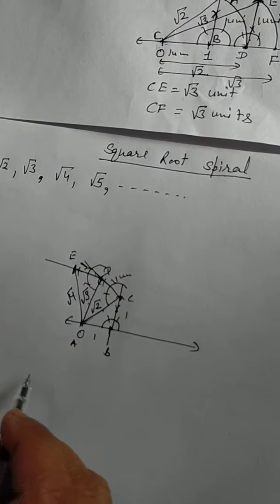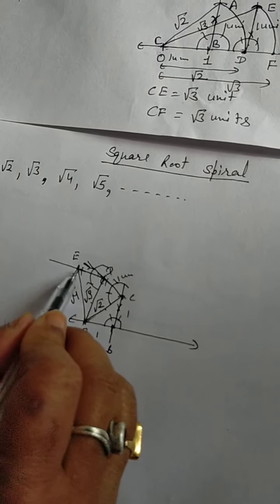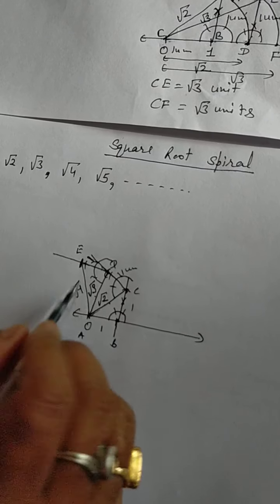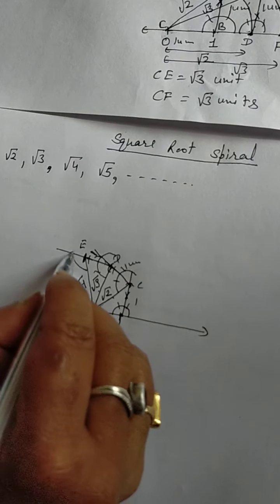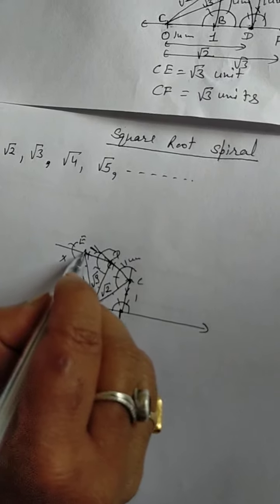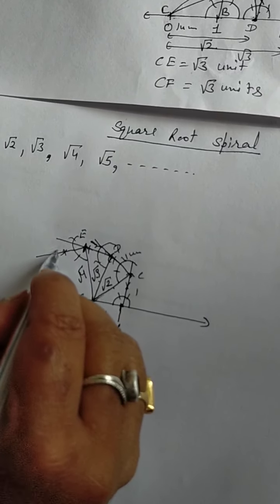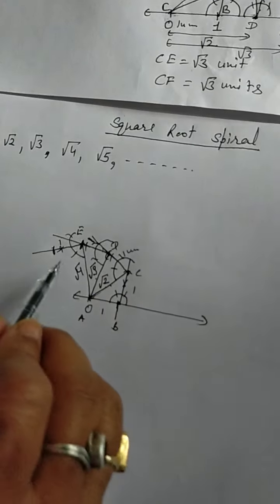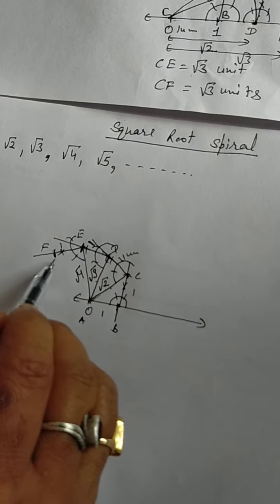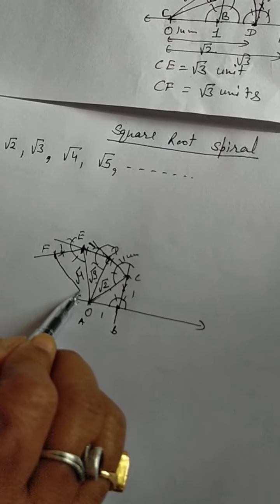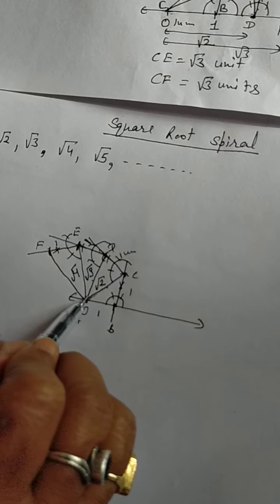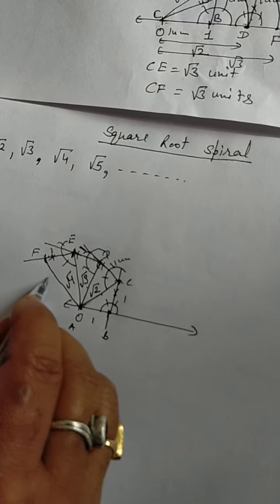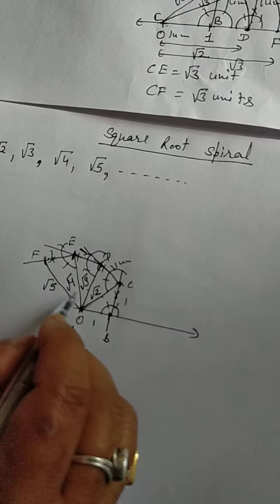Then we will continue again, taking point E, taking the ray line segment AE as base. At point E, you draw an angle of 90 degrees again like this. Again you cut equal to 1 unit. Then it is square root 4, it is 1. Then you join, suppose this point is F, you join O to F. Then square root 4 squared is 4, 1 squared is 1, then 4 plus 1, 5, so it will be square root 5, and so on.